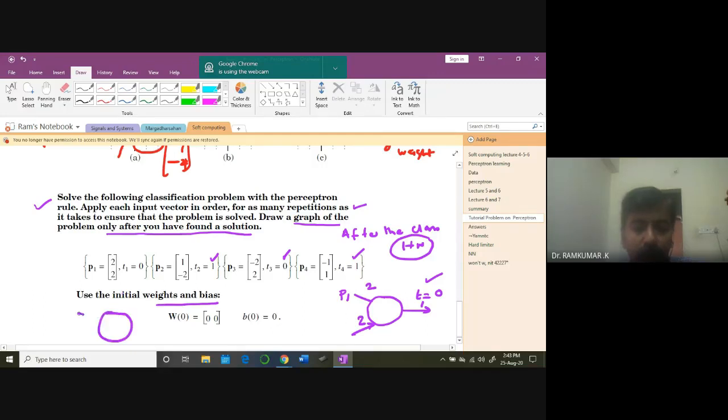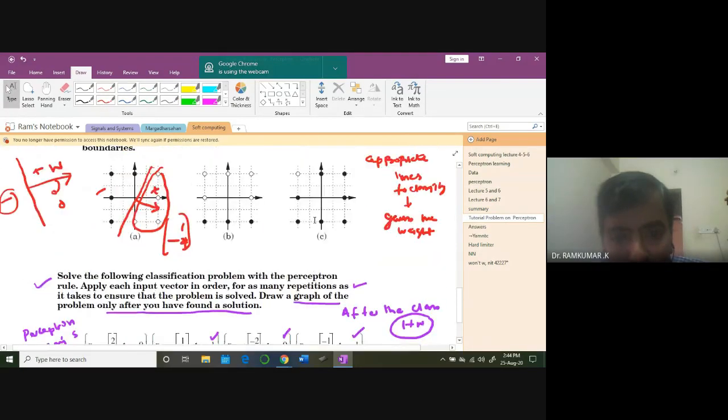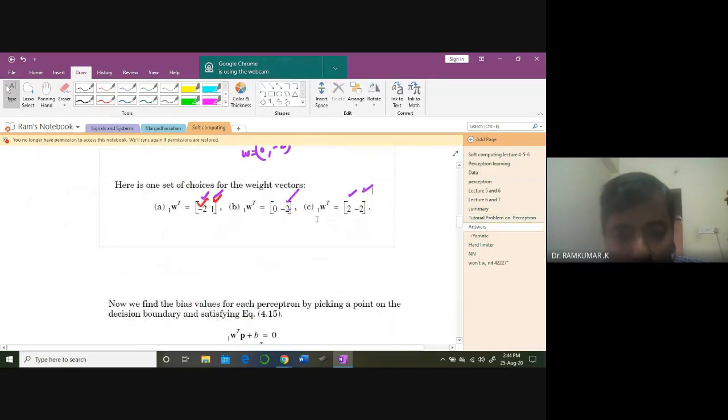Now I have initialized the weights and biases. For this neural network, the initial weights are 0, 0. Give the first pattern and study the result. The bias is also 0 initially. Then update the weights using the perceptron rule. To fully solve this problem and gain more insight, you get practice in solving this kind of problem. I'll show you the answer, but you work it out in your notebook afterwards.